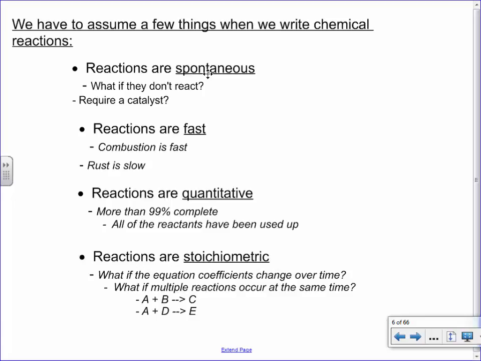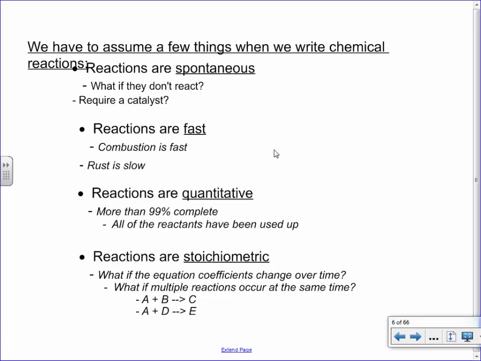Spontaneous means that it actually occurs. A non-spontaneous reaction would be one that occurs like 1% of the time. Does that make sense? Spontaneous in everyday life usually means someone does something impulsively, or maybe quite fast. If you're a spontaneous person, you just decide to rush out and do something without thinking about it. In chemistry, this is more about